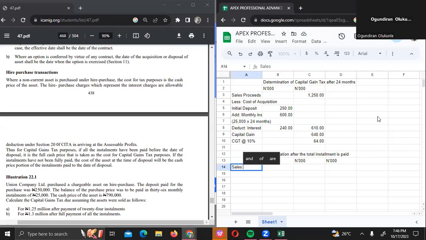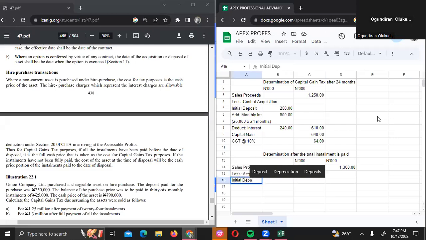So you have sales proceeds. How much did you sell it? 1.3, Abby? Less acquisition cost. So what's the acquisition cost here? Initial deposit, right? And the initial deposit is how much? 250. Am I alone? Now, add monthly